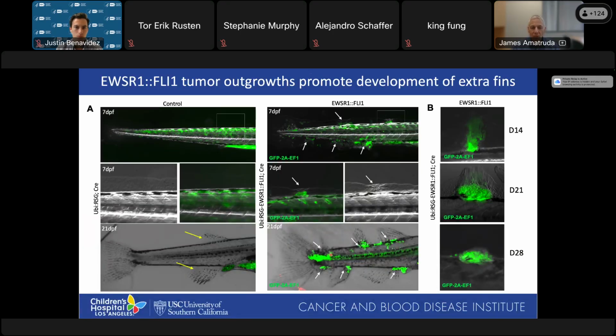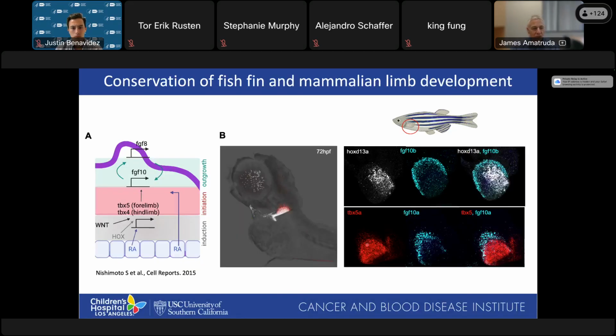And in particular, we were really struck by an interesting phenotype. So this is where the model can open up new ideas. So these fish have a very strange phenotype in that they develop extra limbs, extra fins. At the base of each of these fins, one can see a cluster of GFP-positive tumor cells. So this made us look at the pattern of limb development and how it might overlap with the pattern of